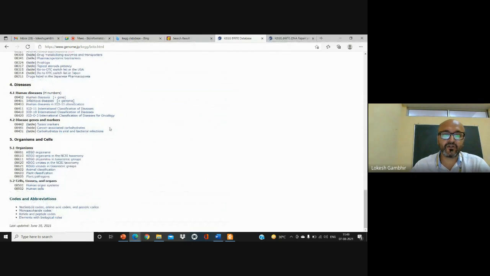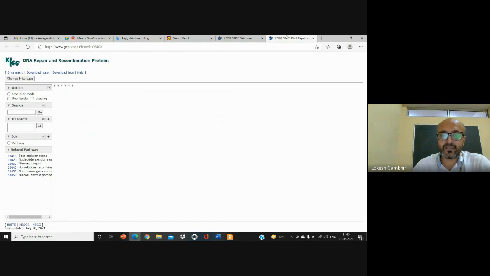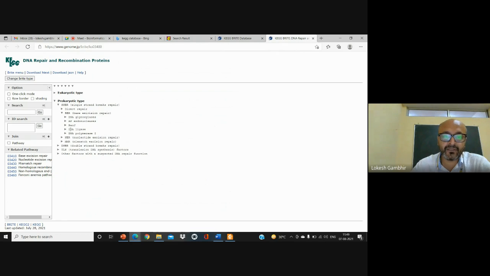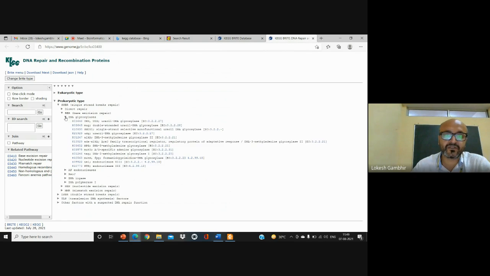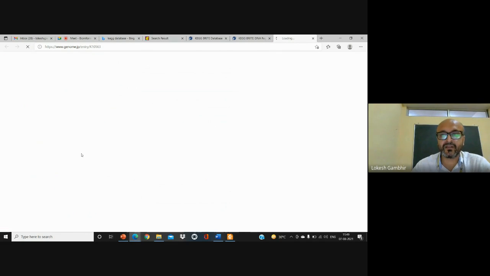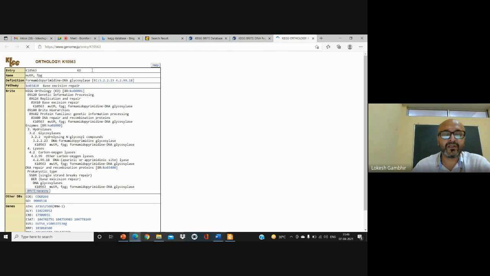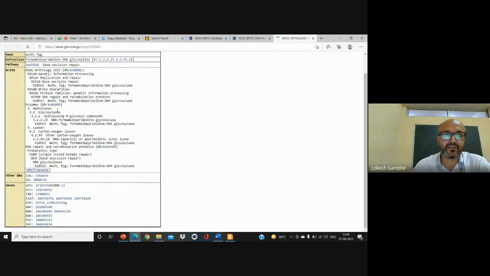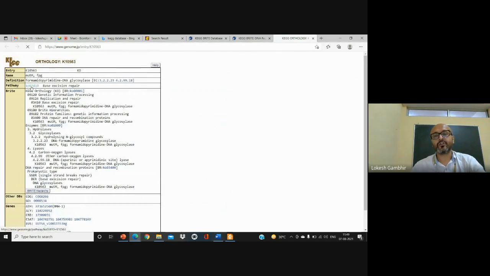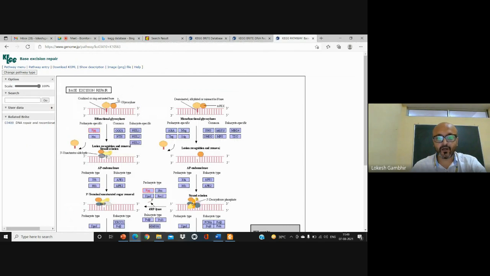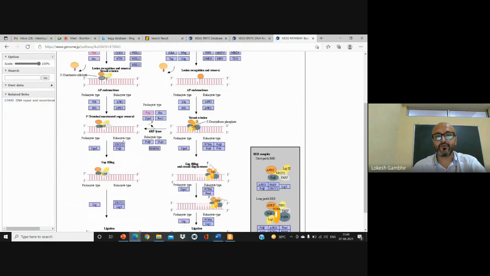Whether it is the drugs, whether you're talking about any kind of disease, you can directly go from here also. So in terms of DNA repair, I just clicked on prokaryotic DNA repair. I'm interested in single strand break DNA repair, and that also base excision repair. So the complete information is opening up, like you're seeing here, and the tag is given. The MutM protein, let's talk about MutM protein. The complete information regarding that MutM protein will be in front of you. And you can directly go to the pathway from that particular section. And you will see how this base excision pathway is being followed.